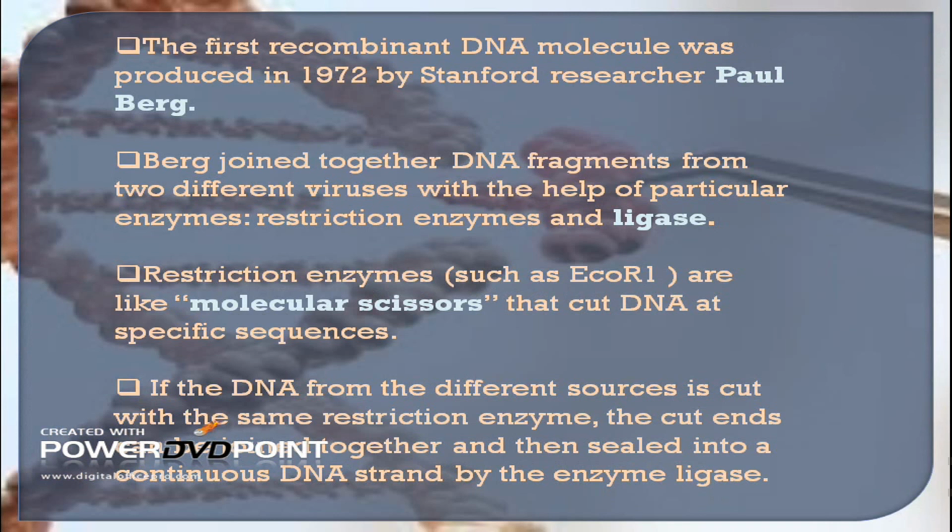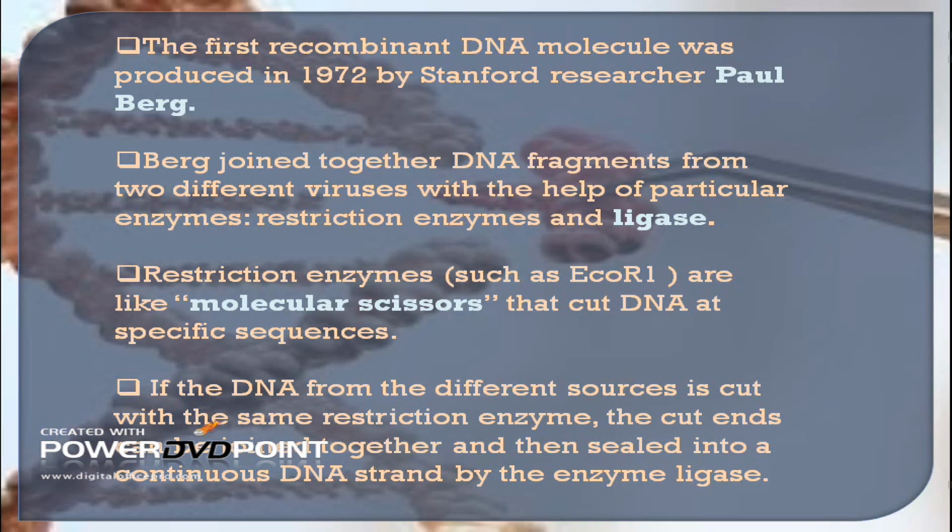Now we are coming to the facts and figures. The first recombinant DNA molecule was produced in 1972 by Stanford researcher Paul Berg. Berg joined together DNA fragments from two different viruses with the help of particular enzymes,